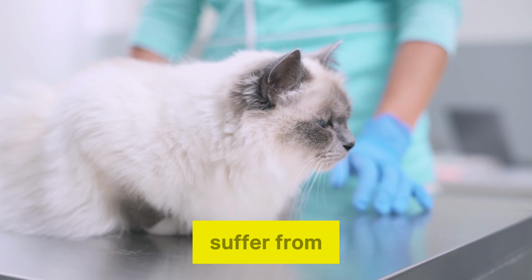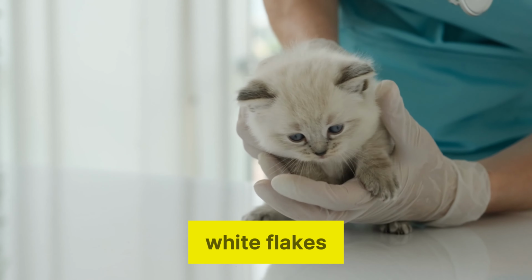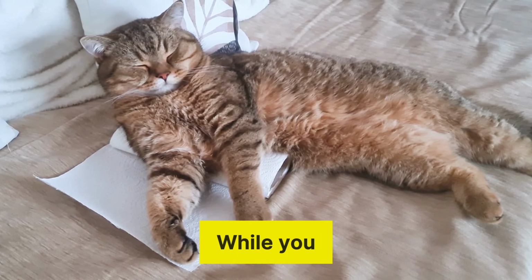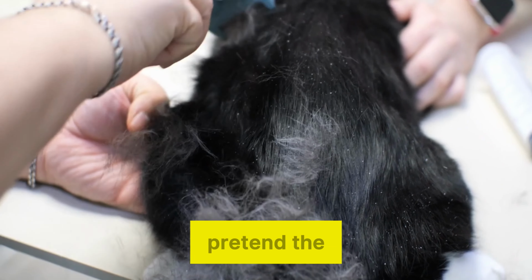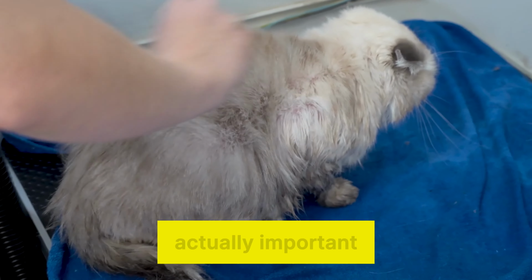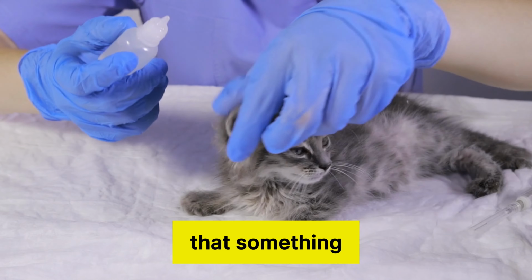Just as people can suffer from dandruff, so can our cats. If your cat has white flakes on its coat, then chances are it has dandruff. While you may want to ignore the problem and pretend it is purely cosmetic, don't do it. It is actually important to pay attention to dandruff because it can be an indicator that something isn't quite right